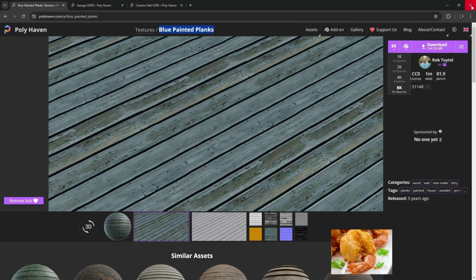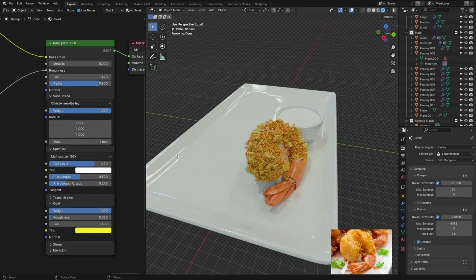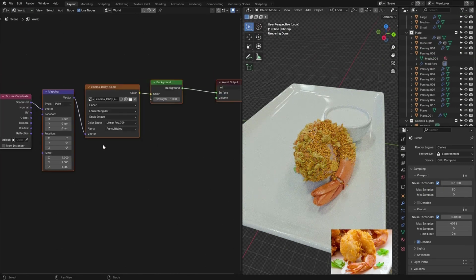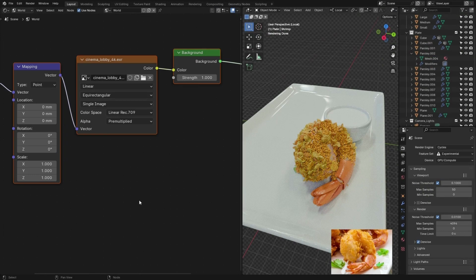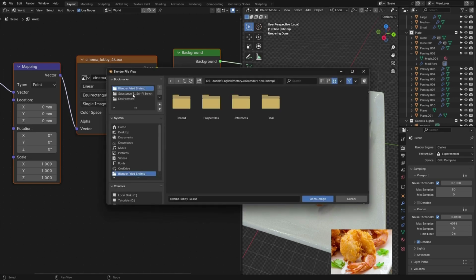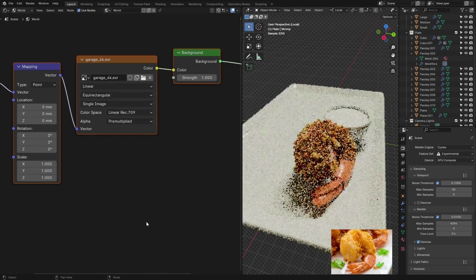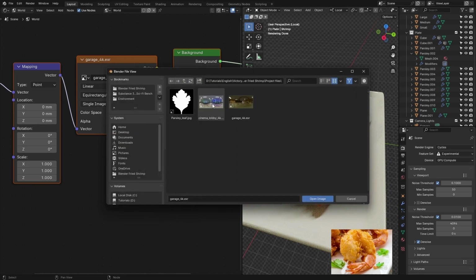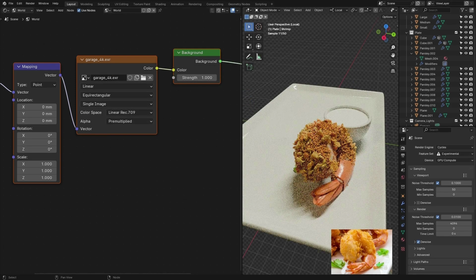Feel free to use any of these sizes. So I'm going to close this one and switch the shader to World. Here you see Cinema Lobby, and go ahead and choose this one. Oh, that was not Cinema Hall. Yeah, that was Cinema Lobby actually, the first one. Sorry about that. So choose this one, and